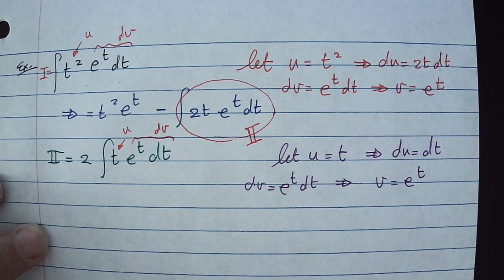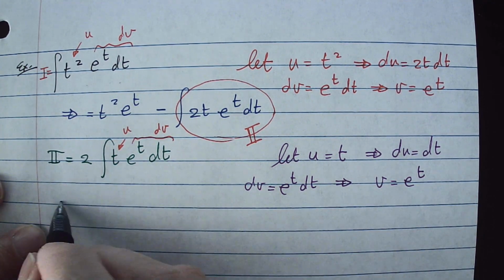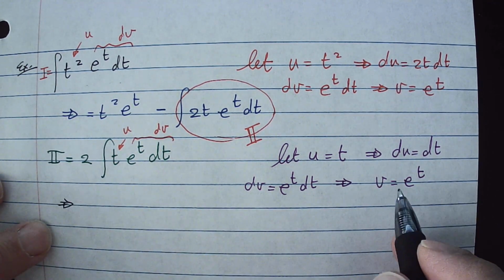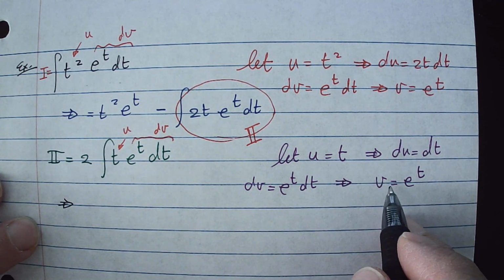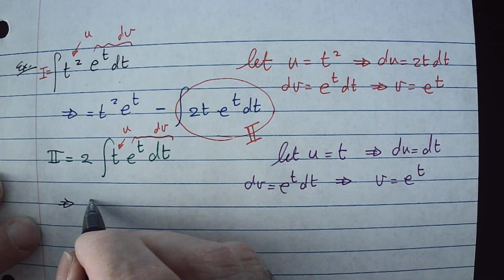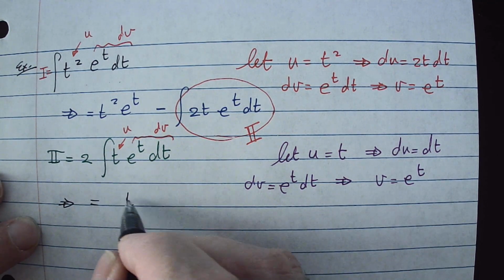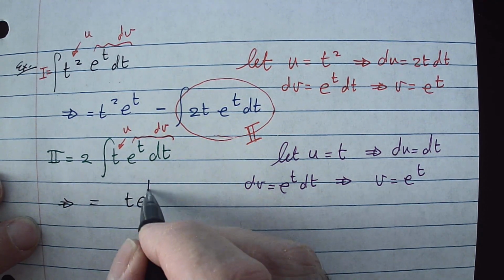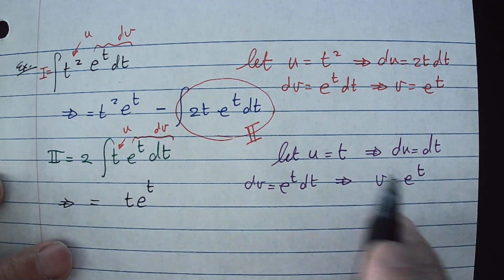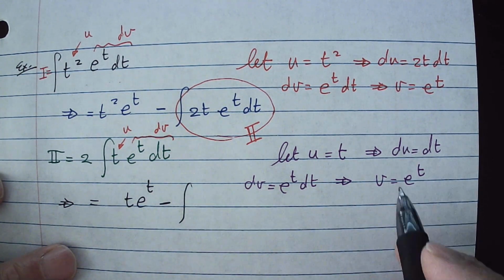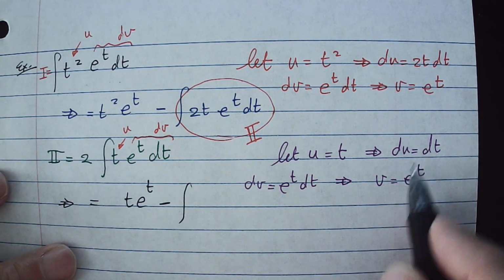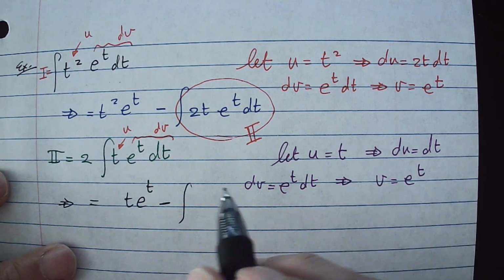Put this back in the integral. This gives me uv, which is t e to the t, and then minus the integral of v du, which is e to the t